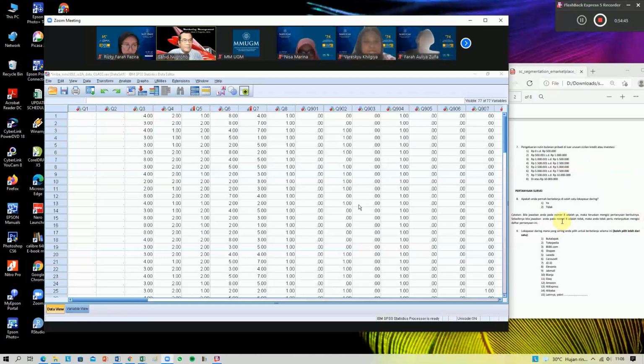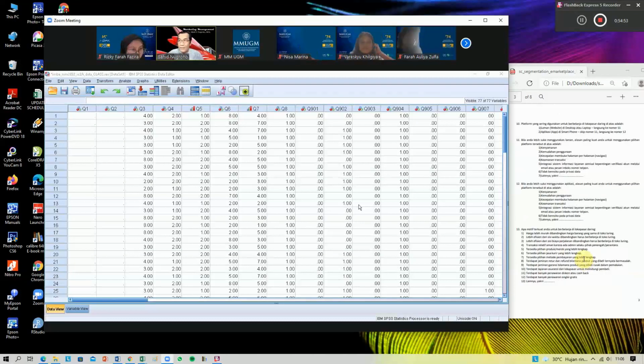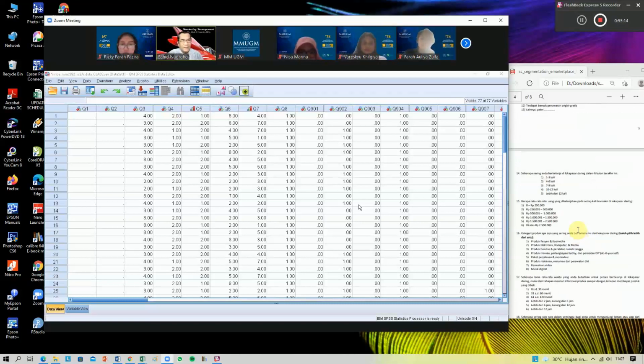Okay, and then shopping motives, mostly time saving, followed by complete product brand choices, one-stop shopping, and then cheaper price. So these are the three strongest shopping motives. And then shopping frequency in the last 6 months is about 4-6 times, then 7 until 9 times. So you can focus on the first two biggest profiles.